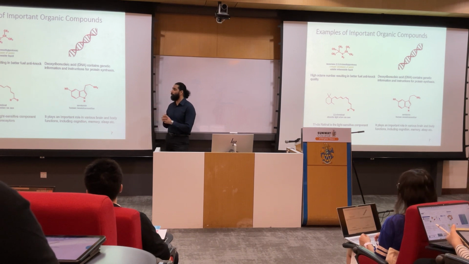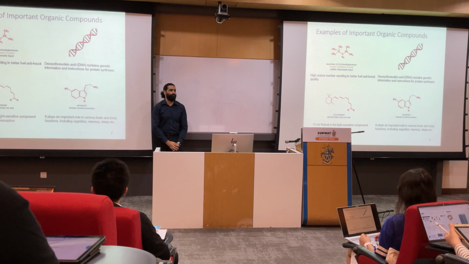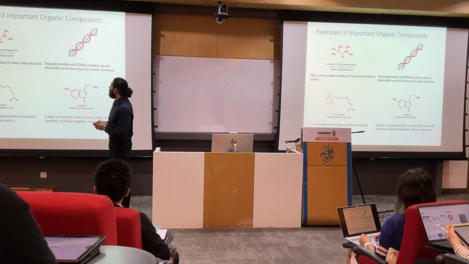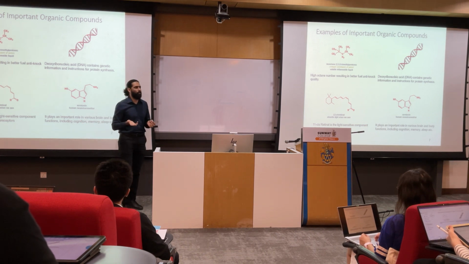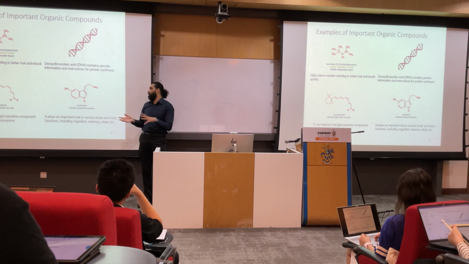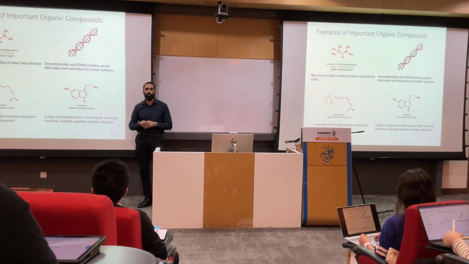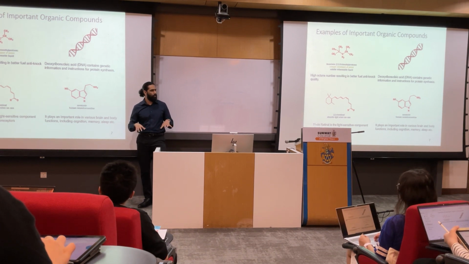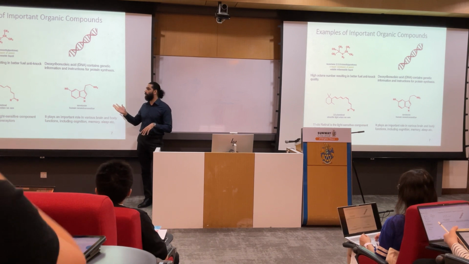Personally, I love these molecules because of their utility, how simple they look, but how practical their applications are. For example, DNA. DNA is an organic compound. It contains all those A, T, C, G, which are basically organic bases. And then you have isooctane or any sort of petroleum compound. People are changing their source of energy to renewable energies and electric vehicles, but even then, a lot of the world depends on petroleum products.